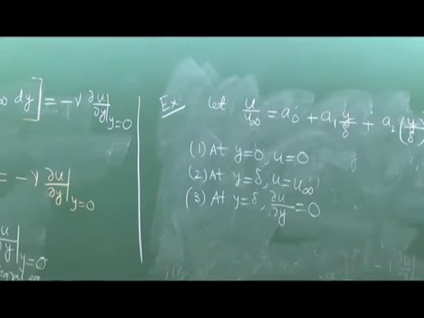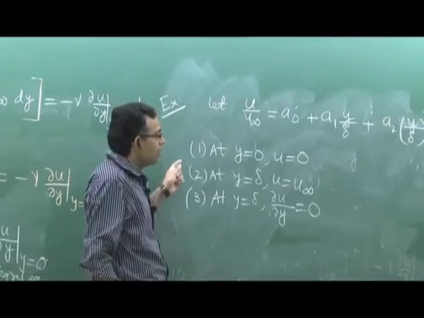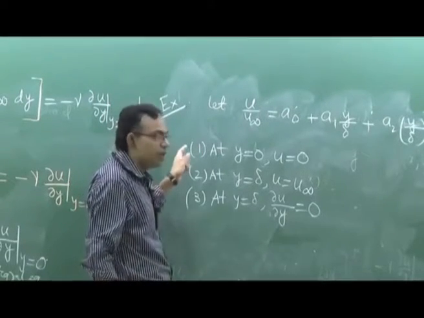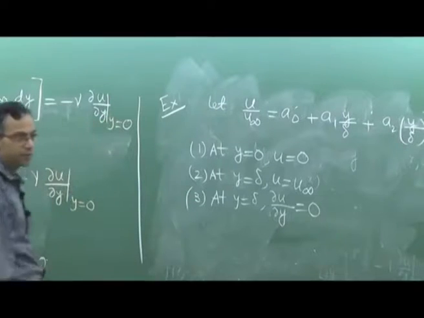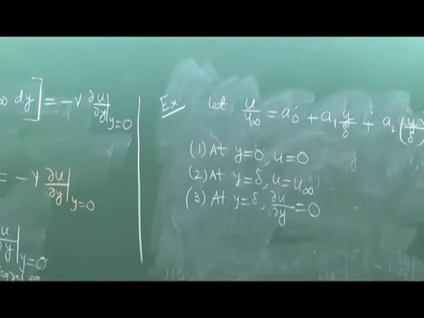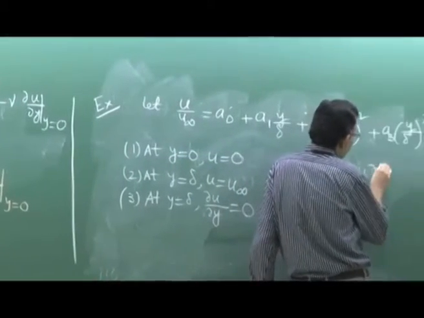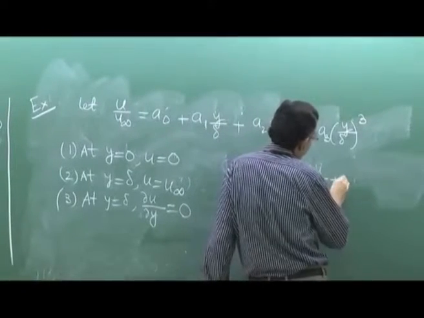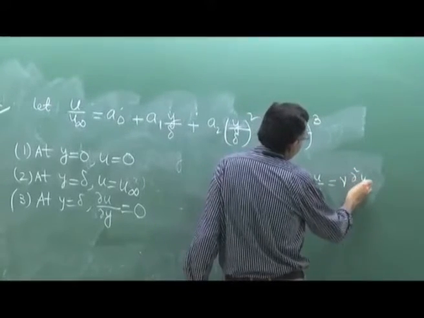And then what is the 4th boundary condition? Because these 3 boundary conditions more or less come directly from physical intuition, but the 4th one is not something which will come directly from physical intuition, but you have to give a little bit more thought into that. So let us write the boundary layer equation somewhere. u del u del x plus v del u del y is equal to nu del 2 u del y2.